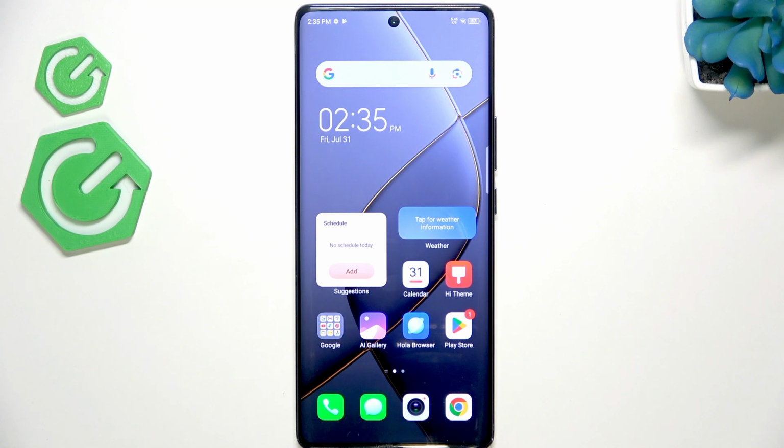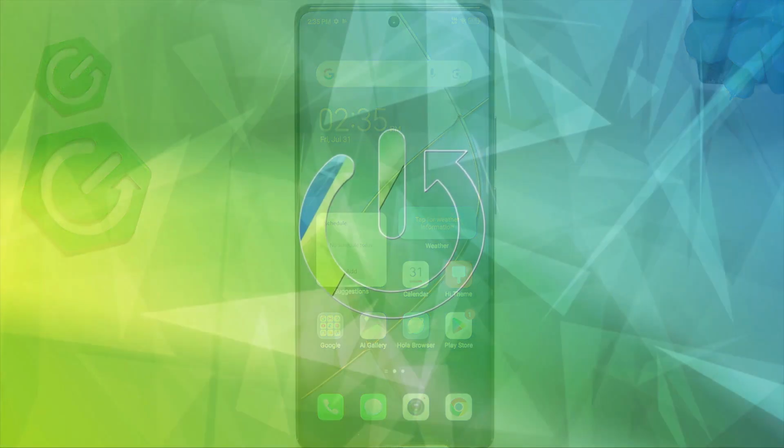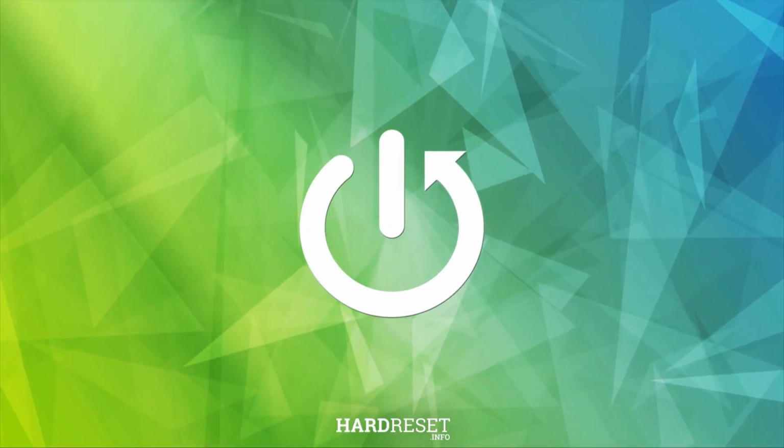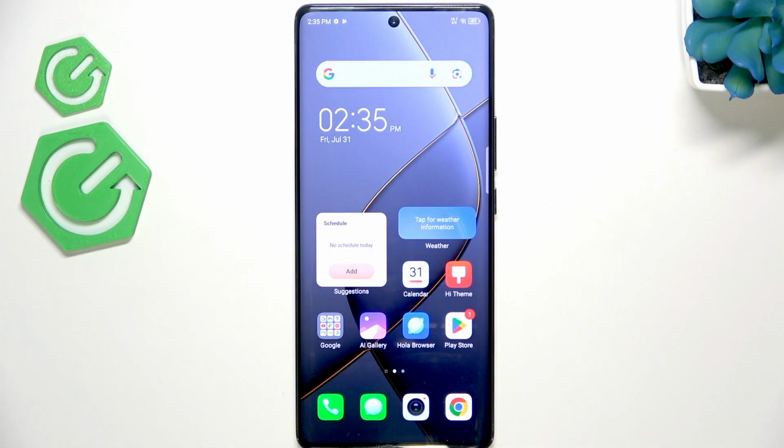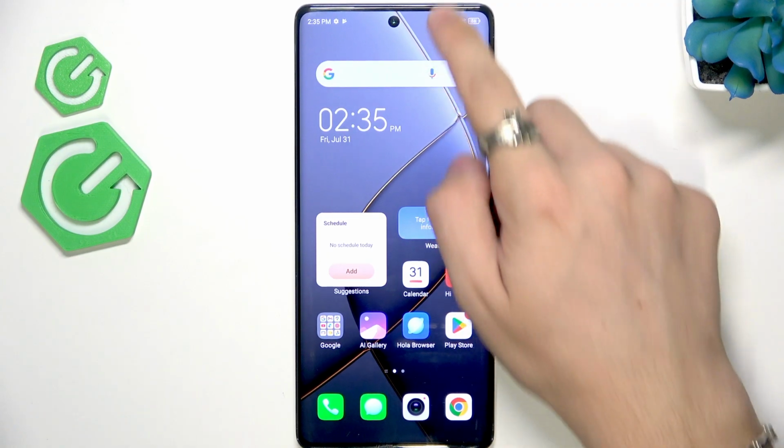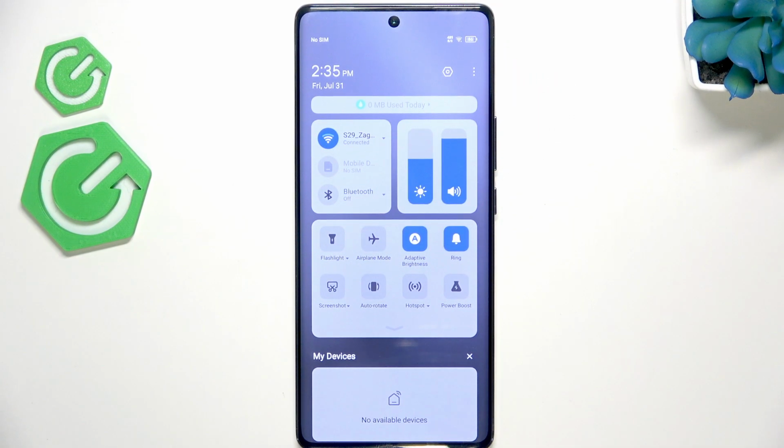Hello, in today's video I'll show you how to record your screen on TECNO Spark 20 Pro Plus with sound. To record it with sound or without sound, you'll need to slide down from the top of your screen, from